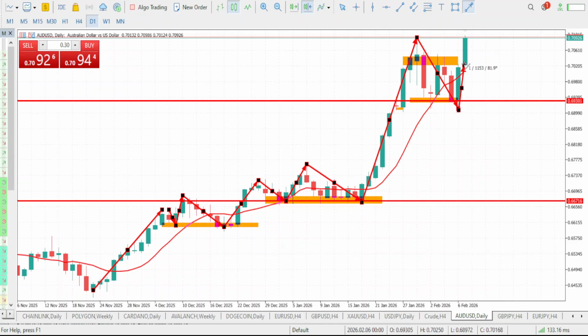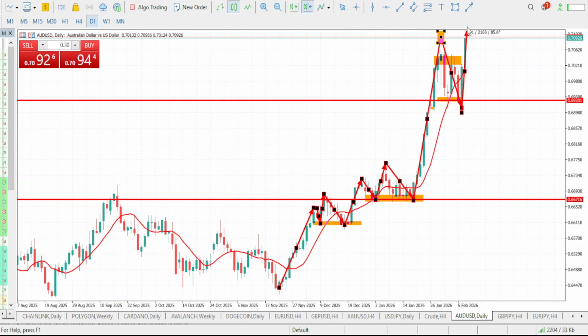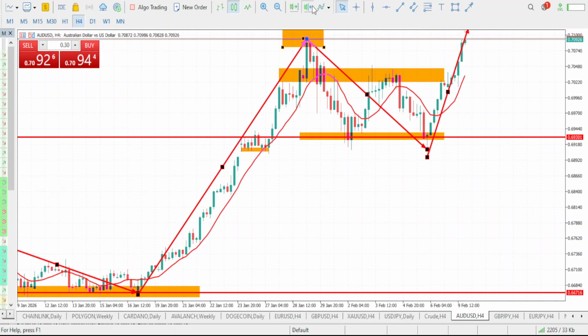So market is now giving us this bullish move, and it has now cleared our previous high, thereby forming a new high, which is not yet over. So we will still expect further movement to the upside to completely take out this previous high, thereby giving us a full bigger higher high. So more bullish move is what we are going to be expecting on AUDUSD.